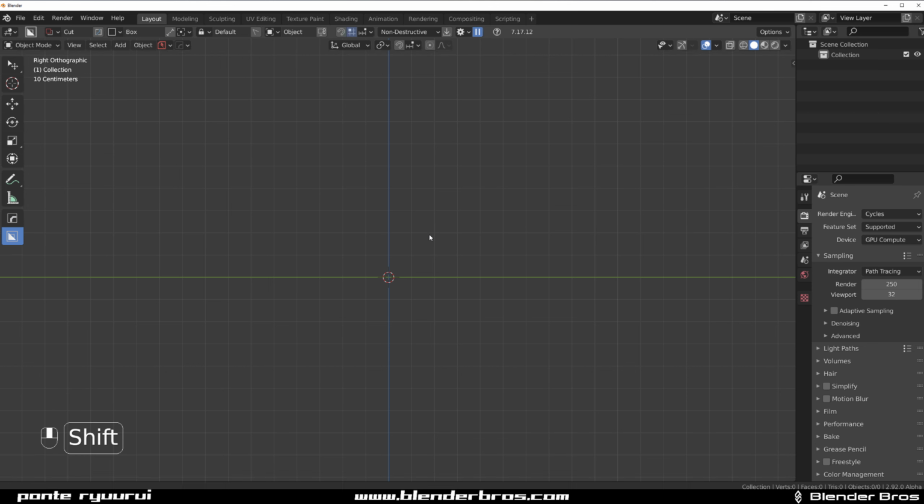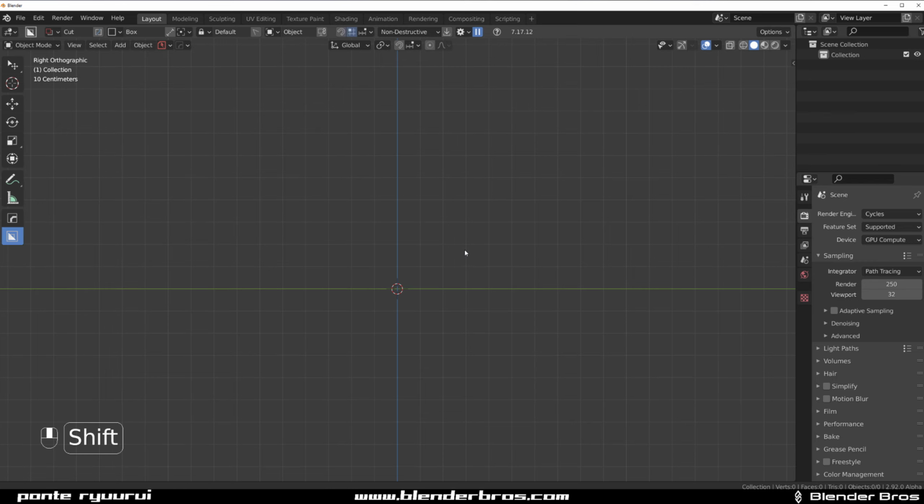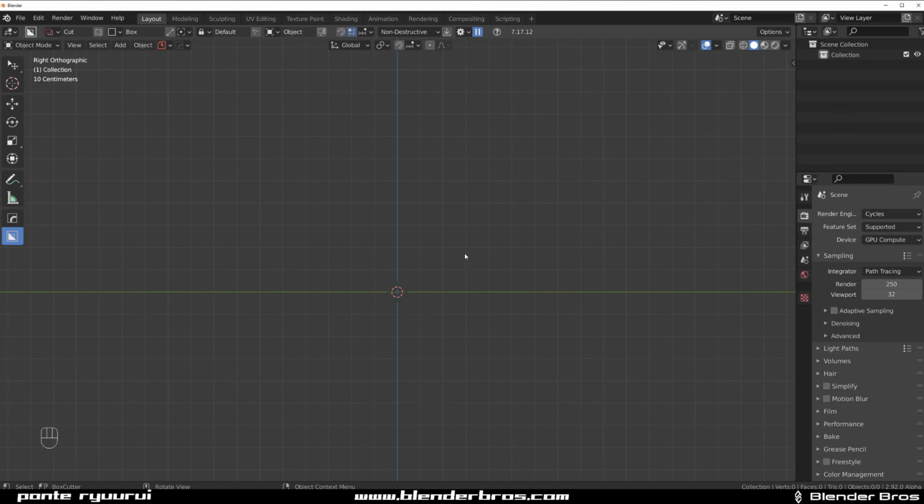Okay guys, so let's design some kind of a simple SciFi terminal, or maybe some sort of a display on a small stand. So we're going to use Ngon for this one with Hard OPS. So go to Ngon, turn off this cyclic option here, and now we can draw a shape, right? So let's draw a shape like this. Simply click and drag,